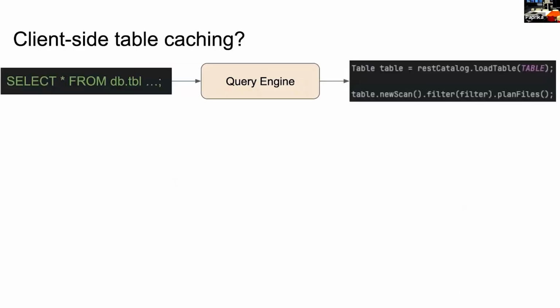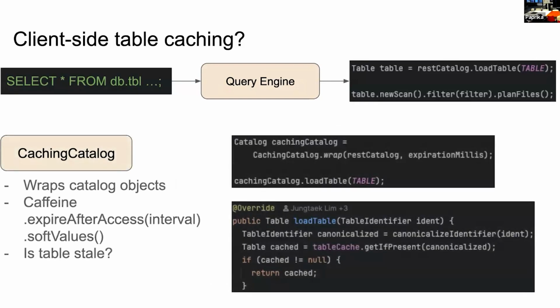So the topic that I would like to drill more into is client-side caching because, well, it would make sense to cache your table metadata on the client side, right? Because in case you have a very, very basic query engine that runs to the REST catalog every time you run a query, well, it's a lot of queries, right? In case you have a very, very wide table with a very, very huge metadata, it can be tens of megabytes, hundreds of megabytes, you don't want to query it every time. So you want to have a way to cache them. This is where caching catalog comes into the picture.